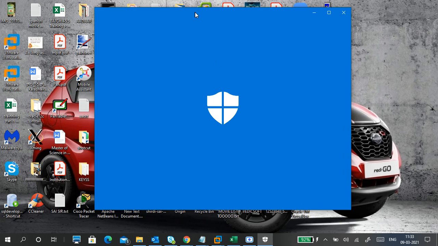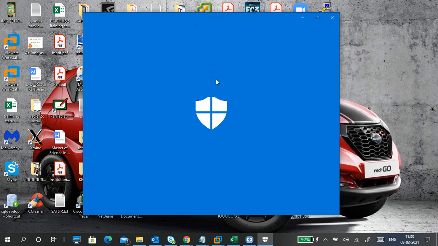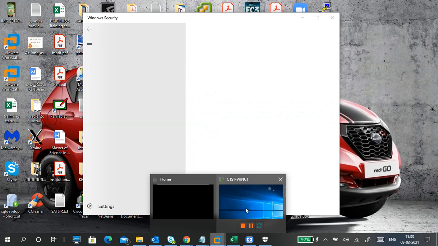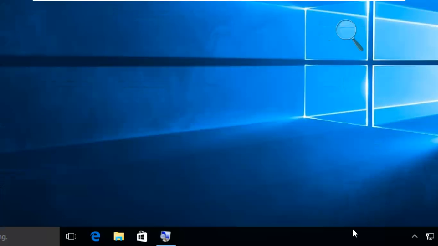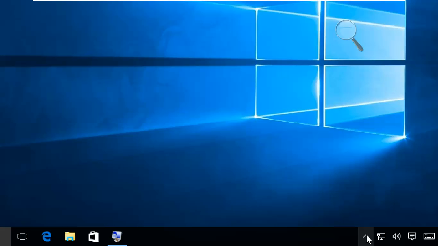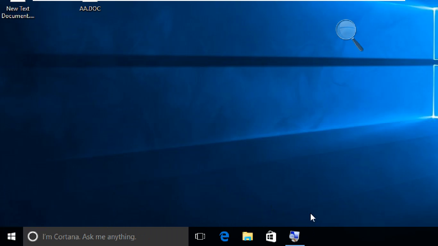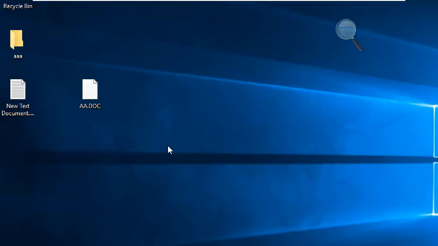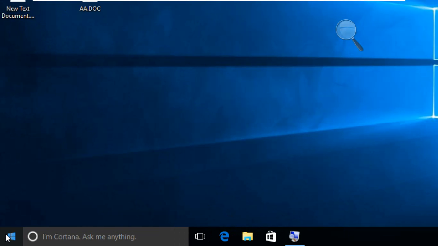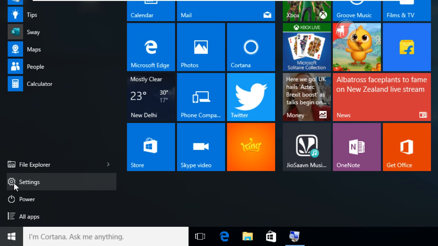Because of an update on a physical PC, Windows Defender looks different. And in this one, Windows Defender is different. So you can see Windows Defender directly from here. Oh, it is not here. I think I stopped the services for Windows Defender. No problem. Go to settings,